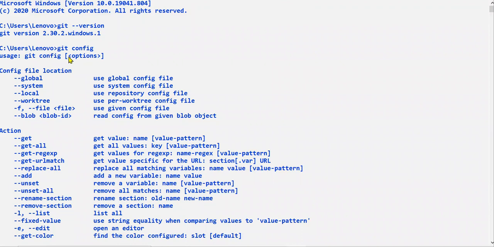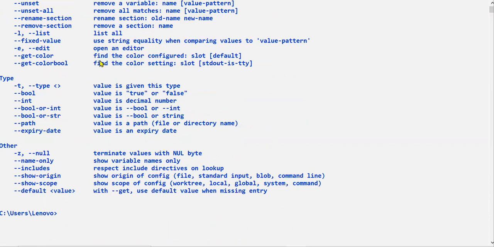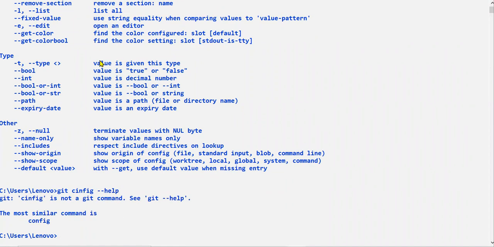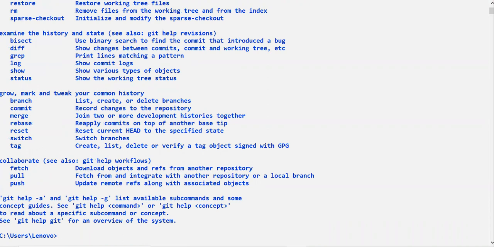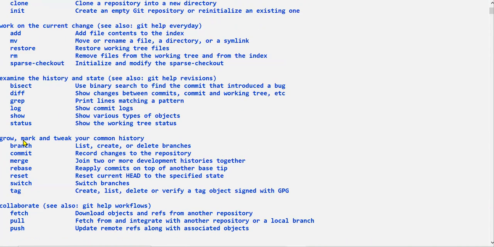You can also get help about each and every command. For example, git config --help. You can see it will give you details about all these things.